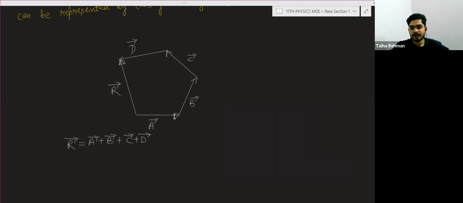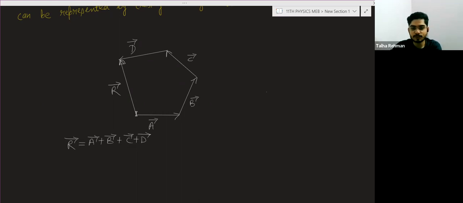A vector, B vector, C vector, and D vector are in the same order. Same order means the head of one vector you will connect with the tail of another vector, like this, like this. And you have A vector, B vector, C vector, and D vector. If you want to find the resultant of all these vectors,